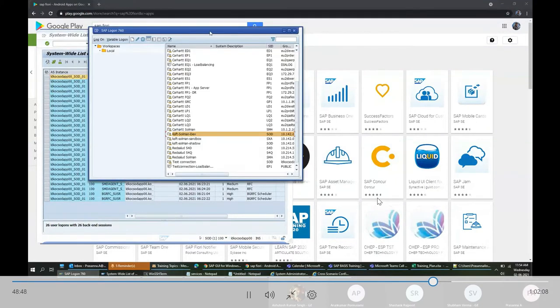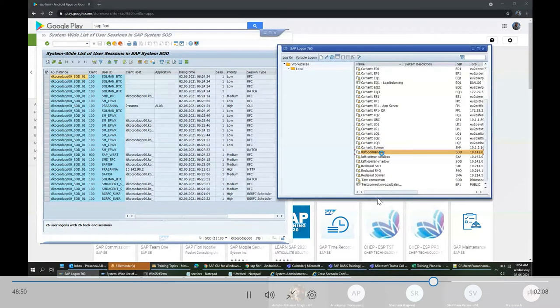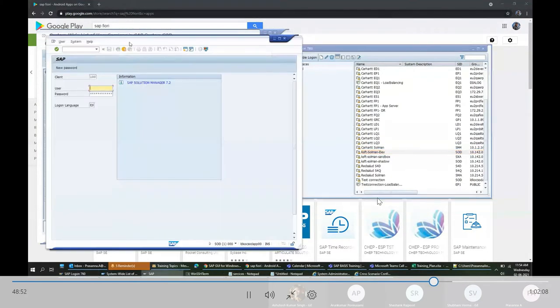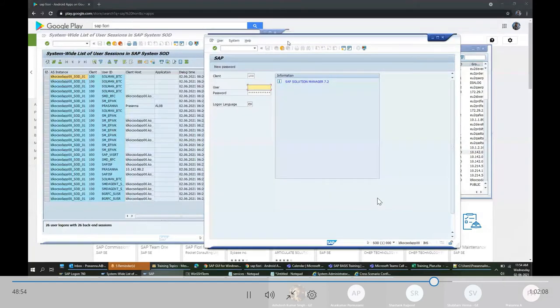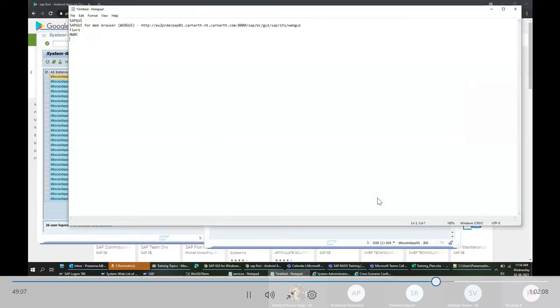Okay, so for a particular SID, the client number is different. The client number is something we can choose. We can define the client number. When we install a new system, there will be two clients by default, 000 and 001.